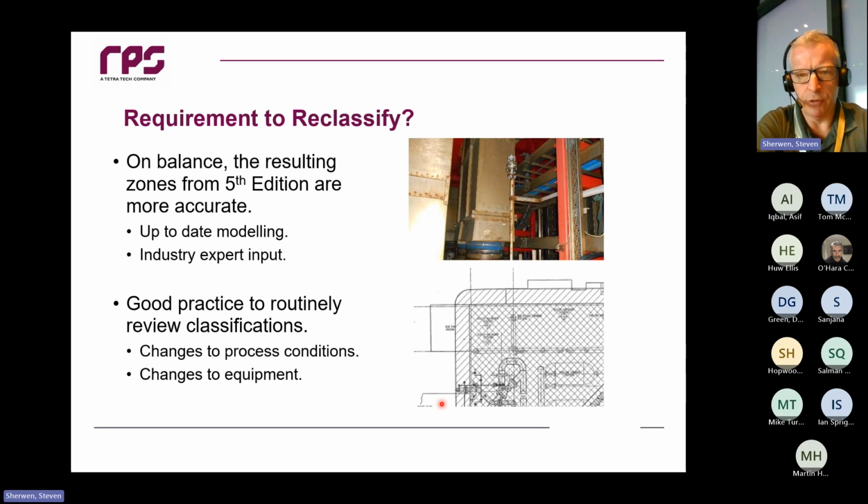But if you've got zones that have been determined from edition 4 of the I15, you're probably not unsafe, but you might be able to find that you can refine some of the zones by using the 5th edition. And it doesn't take me to tell you if you can make some zones smaller. One, you're following the hierarchy of control in DSEAR, but also there could be economic and cost saving benefits because you might not have to install so much certified equipment. Okay, so yes, it's good practice to keep reviewing, and as we said earlier on, if you haven't reviewed your HAC for 5 years, now is probably a good time to do so.